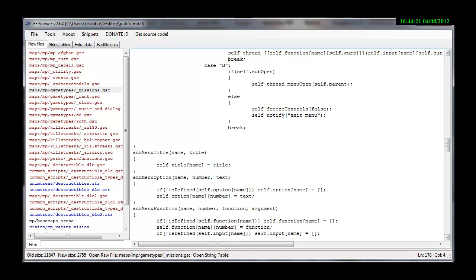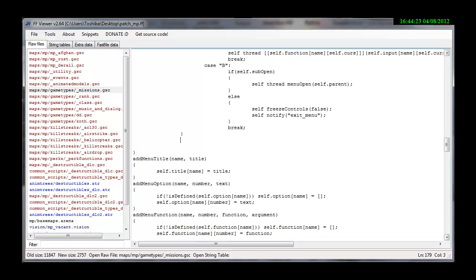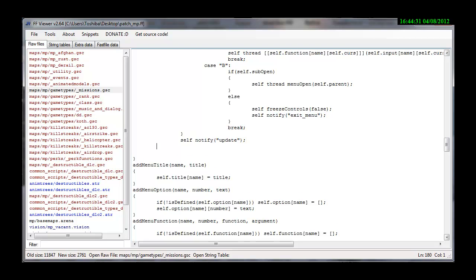So we're going to close it here. Here we're going to put self notify update. So yeah, here we want to put self point cursor star equals, and then you want to do the same thing I did the other time, but like reverse. Now it's this, and then self point